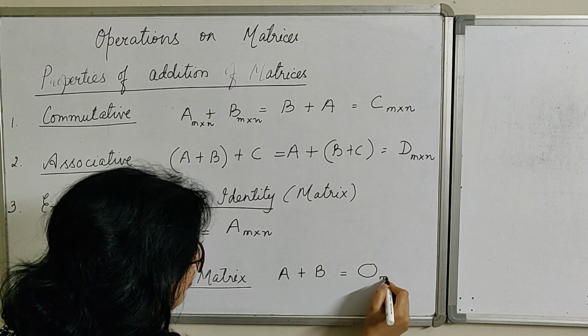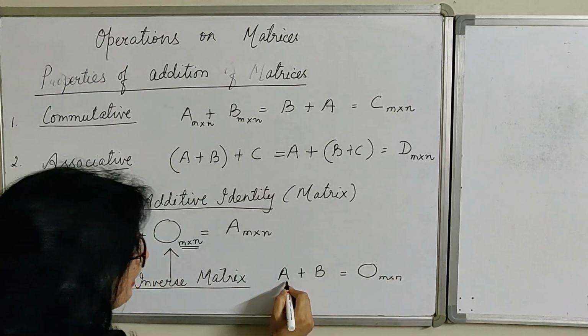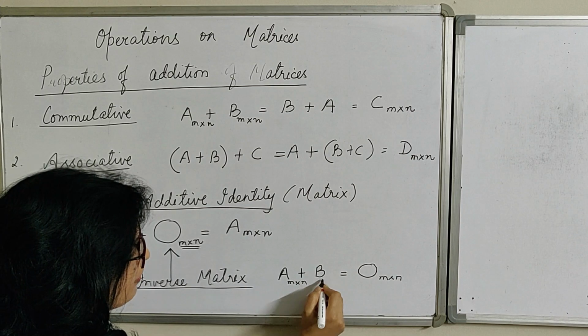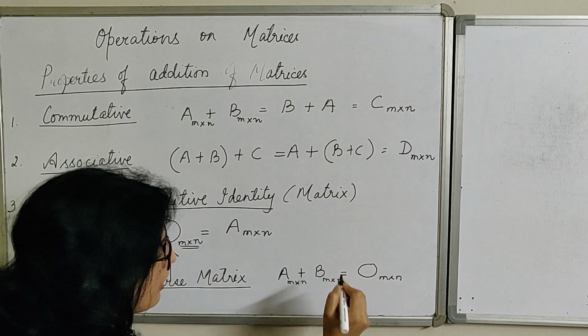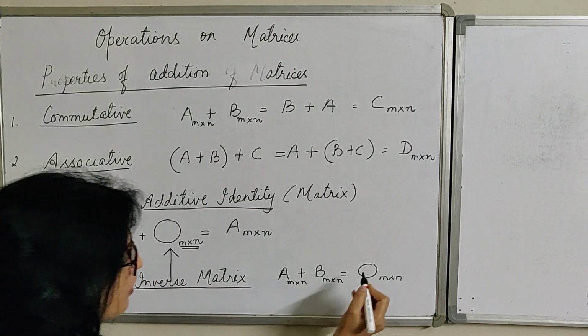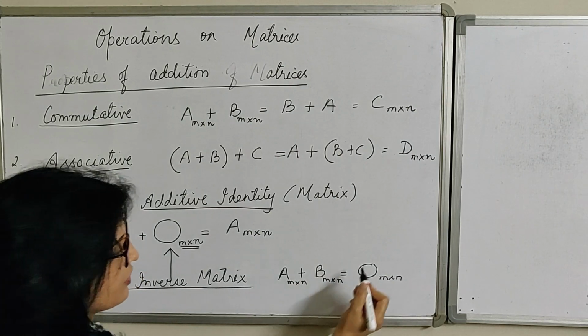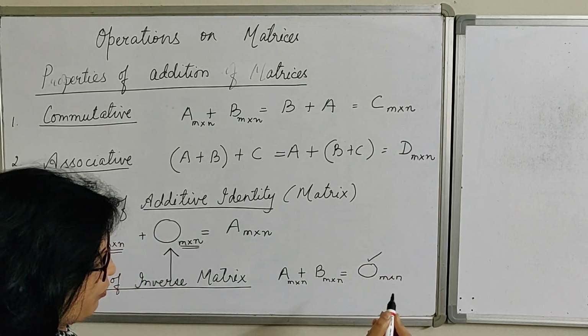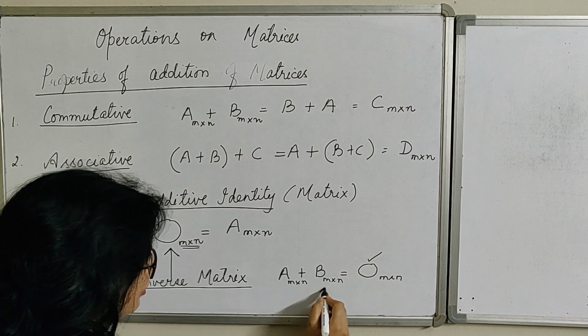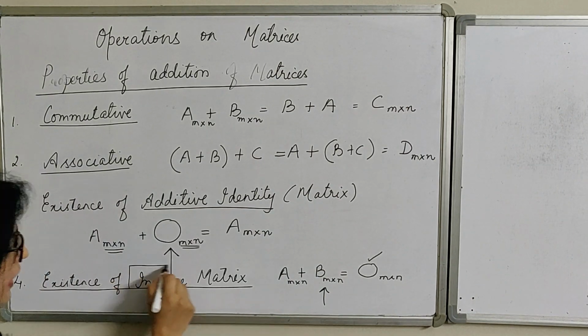The additive identity matrix is of order m by n, hence order of matrices A and B is also m by n. So on adding two matrices, if a zero matrix is obtained, then matrix B is called the inverse